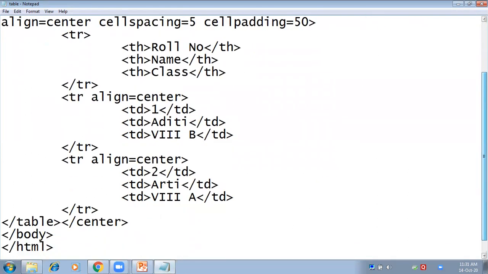And it is totally up to you how many rows you want to insert in your table. If you have 10 rows, then 10 times you have to open the tr tag, insert the data in it, and then close the tr tag, and finally close the table tag, body tag, and html tag. So this is how you can create a simple table with normal content in it.